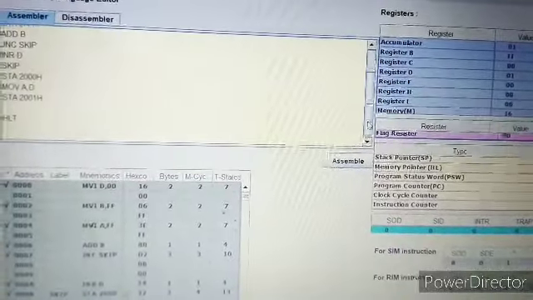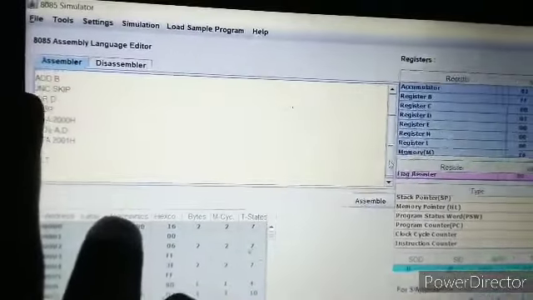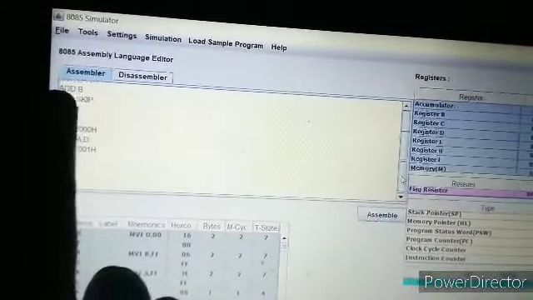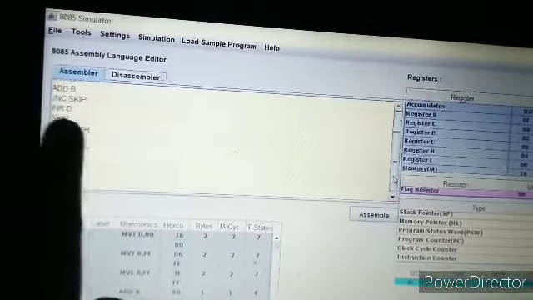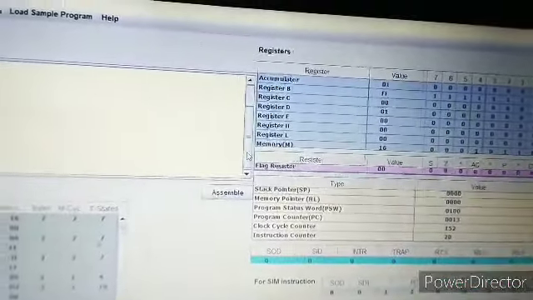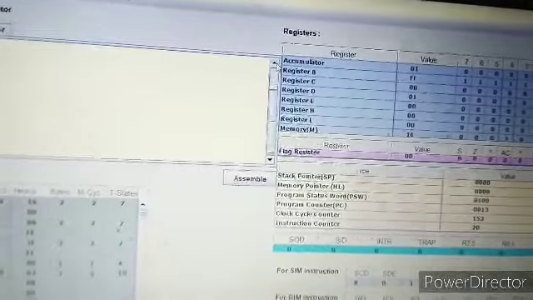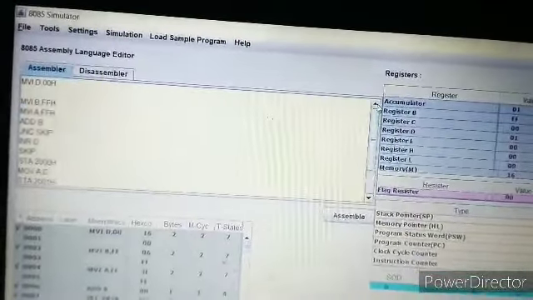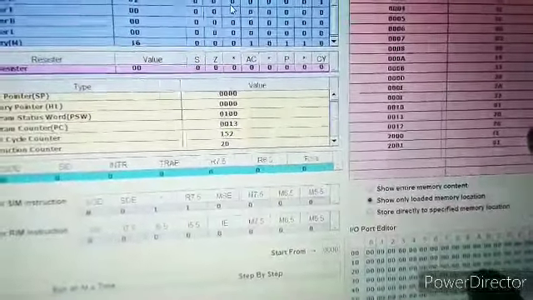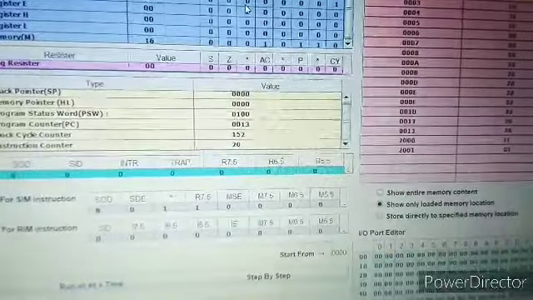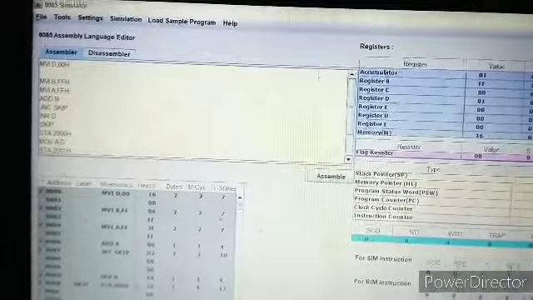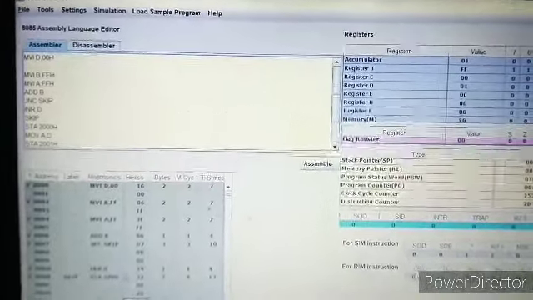So if my carry does not occur, jump to skip and do the rest of the operation. If carry occurs, then first it will increment and then do the rest of the operation. In the A register we first had FF, and in the B register we have FF again. So the summation is at location 2000, which is FE, and the carry is at location 2001. This is how, when a program comes where carry can be generated, we perform it.